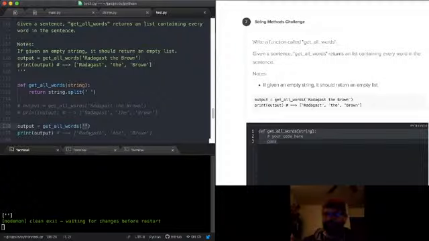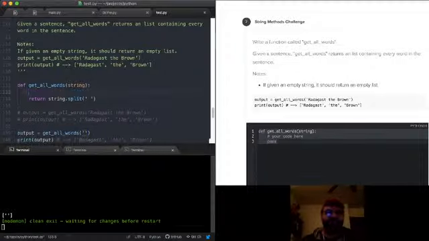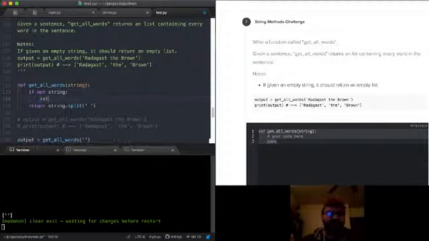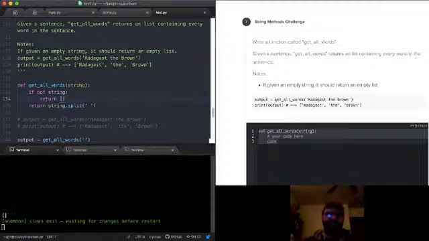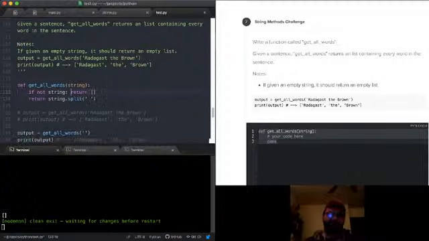There were no spaces to split in here, so I think we just need to hide this under a condition. We'll just say if not string, we'll just do that, and we'll just say return list. Let's just try that. Yeah, so we just need to make an edge case for this one. So just to be clear, if not string, what this does is it returns, oh, excuse me, I need to